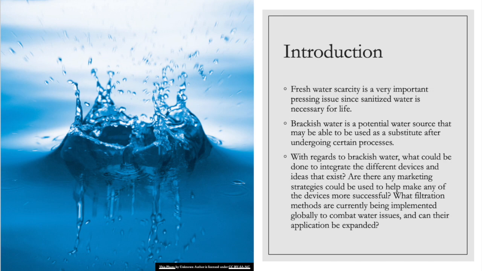Water is primarily divided into two categories, being fresh water and salt water. Brackish water falls between these two categories, as it is a source of water that has some salinity content in it, but not as high of a salt content as seawater. This makes it a potential new water source that could be used as fresh water if we find a way to remove the saline content from the water.